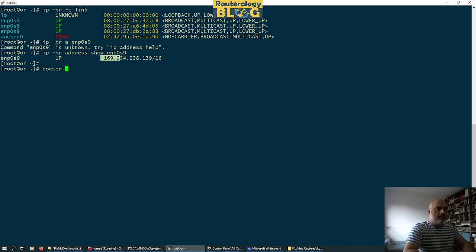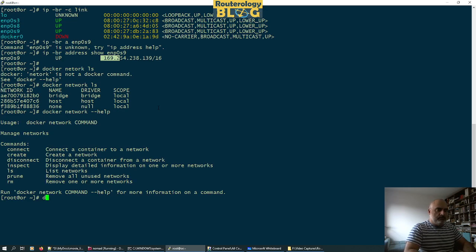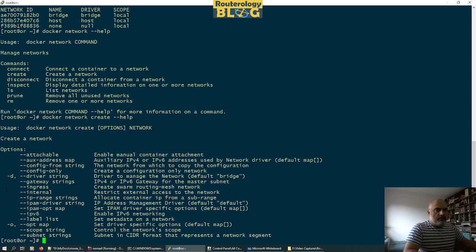Let me go and check the Docker networks. Alright, so I have the default networks here. And I will start now and I will create a MacVLAN network. Let me display the help real quick here. So the options that I'm interested in are these: driver, gateway, subnet,